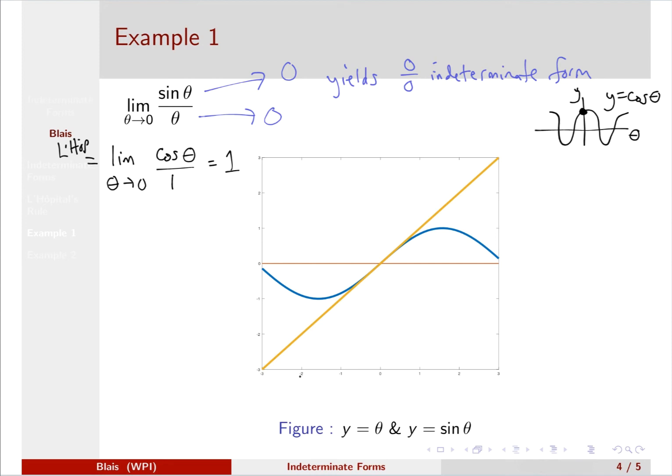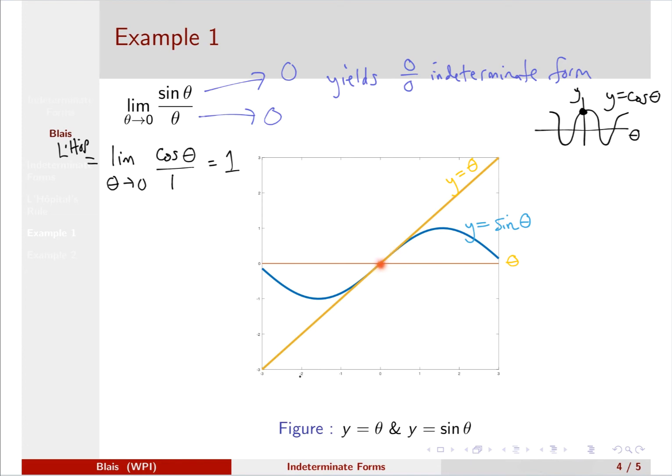Now you'll see here we have a picture, and this is included just to give a sense of what this limit actually looks like. So the yellow line is the 45-degree line, y equals theta, and the blue curve is y equals sine of theta. And the idea here is you see y equals theta is tangent to the graph of y equals sine theta